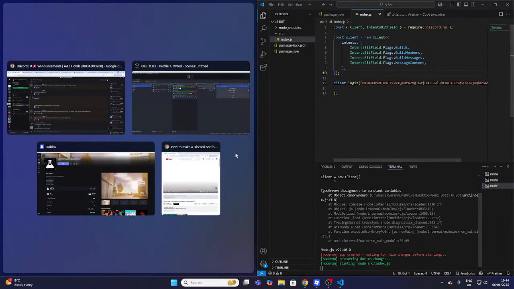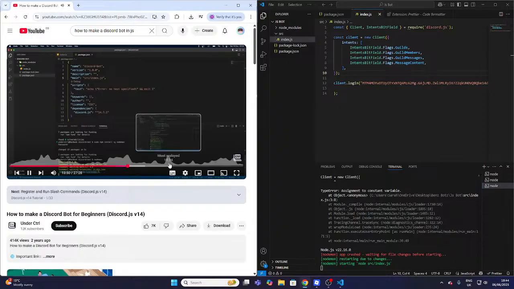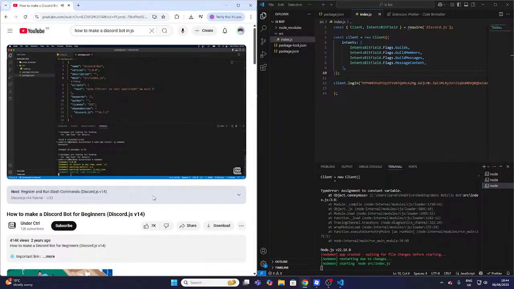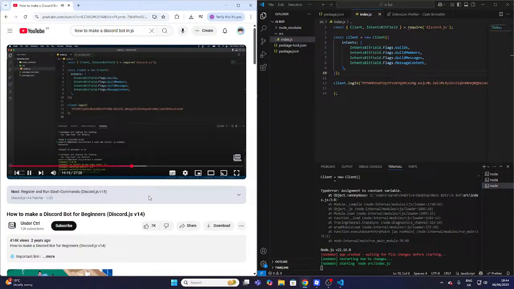Now I've had my mini crash out over not knowing what to do. Starting node source index.js. However, nothing else is coming in the console. Don't worry about that. Just worried for about 5 minutes. Cool, online. Yeah, it's online. It logs in to the console for the client. So we can say